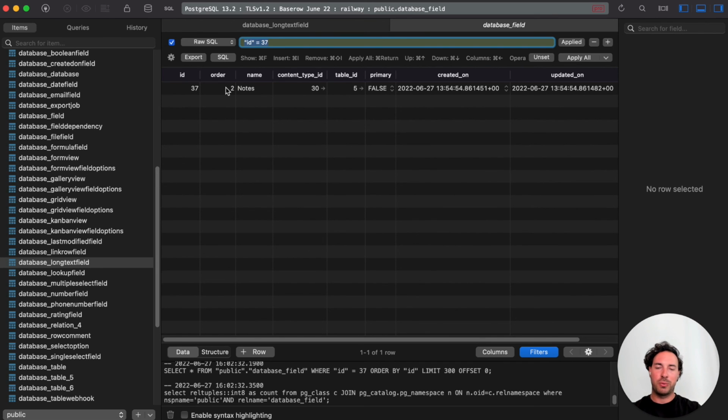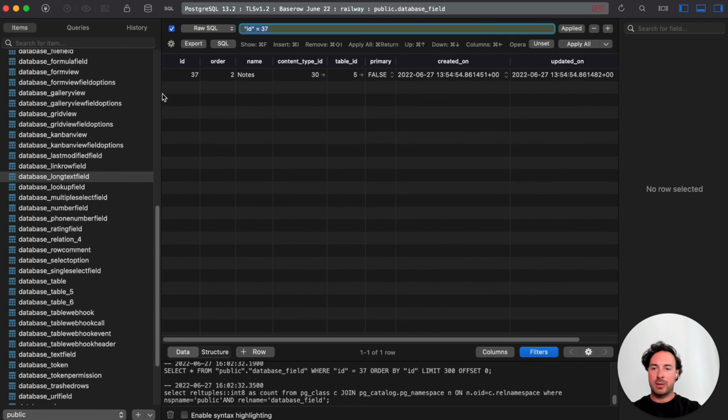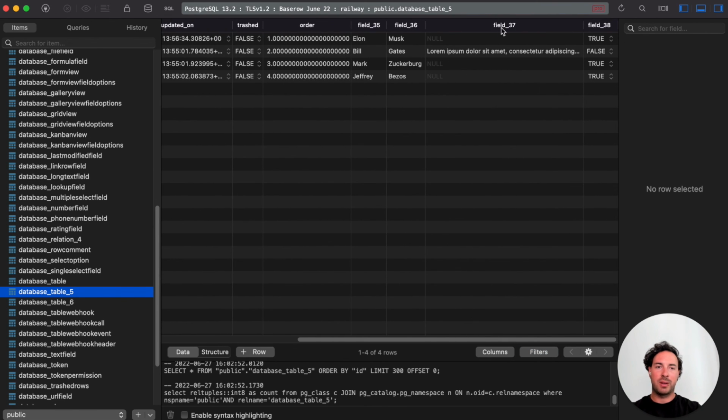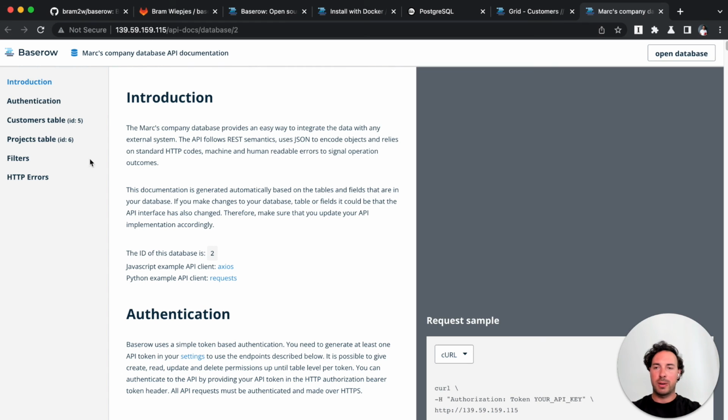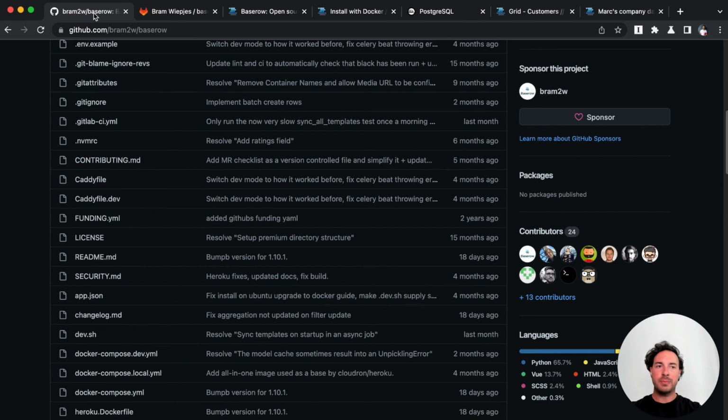We have only one notes field that is filled up. It's on table 5. And if we go on table 5, we will see that field 37 is our notes field with the content in it. So I think this is super, super inspirational, and overall really great execution